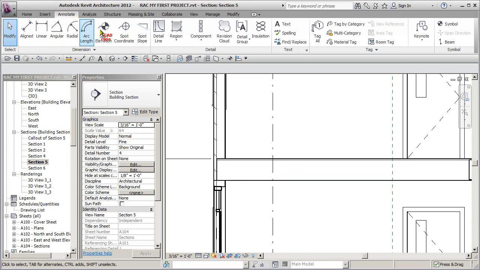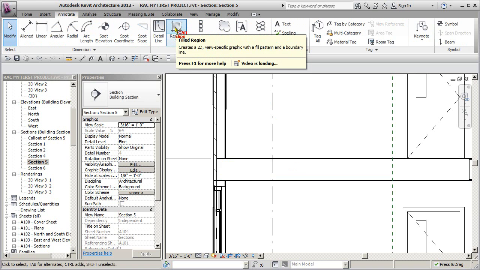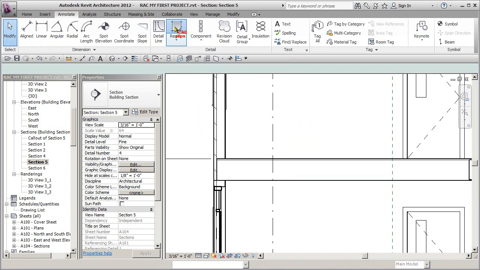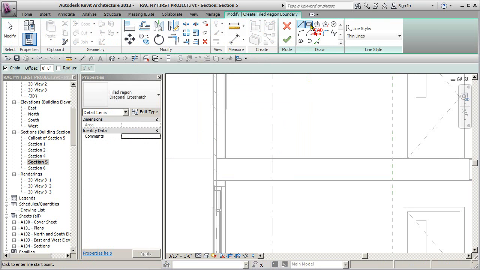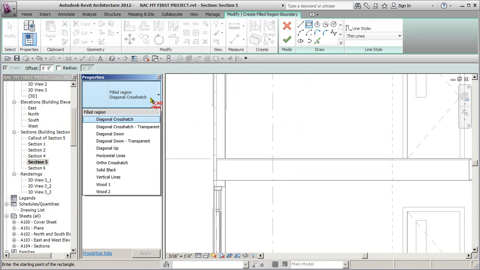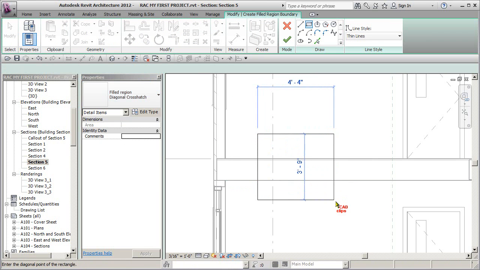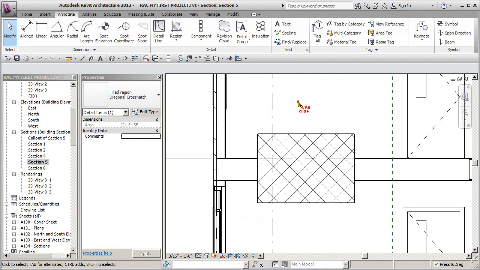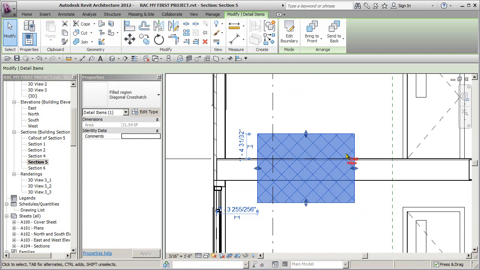I'm going to go to Annotate, and I'm going to create a region, which is just an opaque 2D space. So I'm going to say region. It's like a hatch pattern. And I'm going to just use a rectangle. Diagonal hatching, I'm just going to say, yeah, that's fine. I'll just use diagonal hatching, and I'm going to do a box. Click, click. Okay, finish. So what happens is this, because it's on top of this, and I can use my